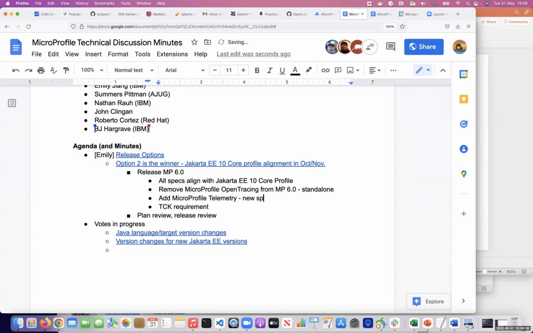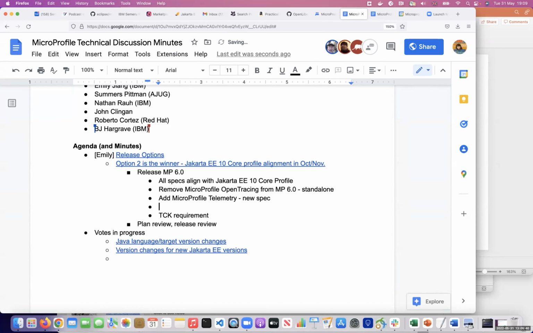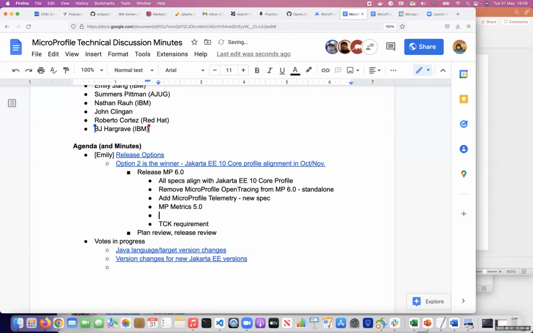It's a new spec. The other content is MicroProfile Metrics 5.0. And also there are minor changes. We know there will be a JWT 2.1 and OpenAPI 3.1.